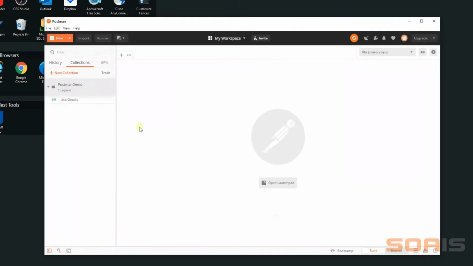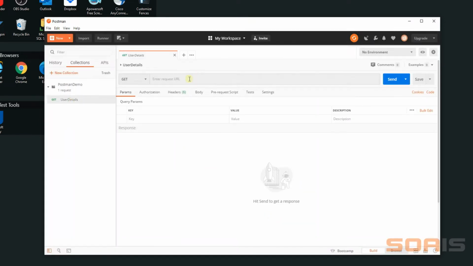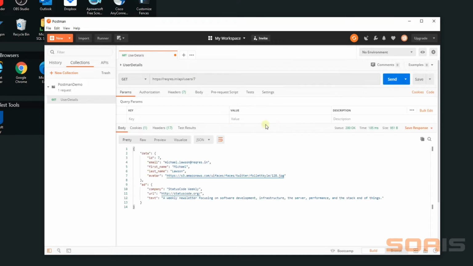to Postman demo here. For this, I'm going to use an API that I found online that will display the user details based on the ID provided in the request URL. So this is the request URL. You can see that the ID is 7. When I click on Send, it is going to pull up the corresponding user details based on the ID that you have provided. If I key in 8 here, it's going to pull up the user details based on the ID. So now it's a different user.